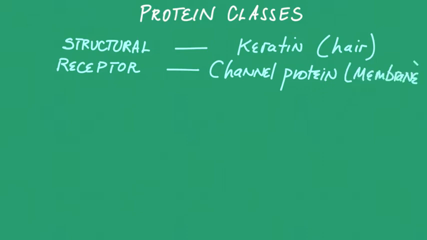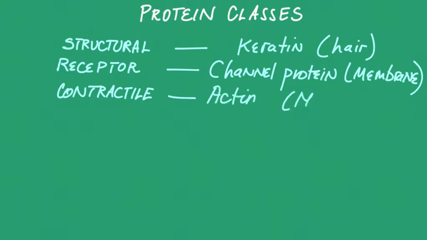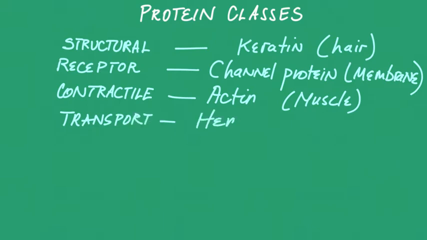The third type of protein are contractile proteins. Their function is to help a cell to contract and relax. This is found in the muscle tissue, and muscle cells have actin, which carries out that function. Transport proteins, as in the case of hemoglobin, transport gases such as oxygen and carbon dioxide in the